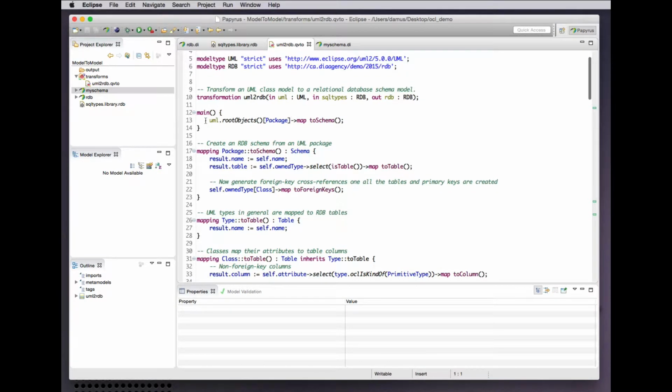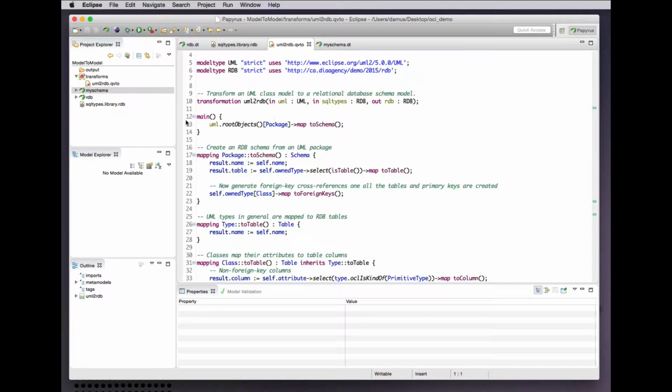So the main entry point of this transformation is an iteration over the extent of the input UML model, grabbing out the root packages and mapping them to